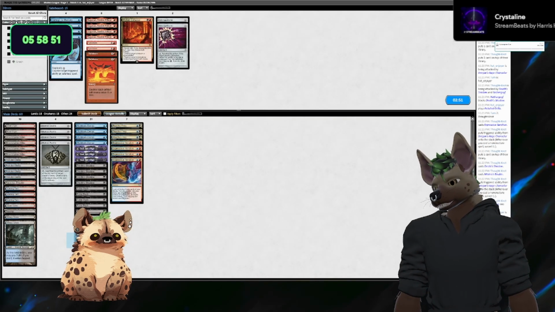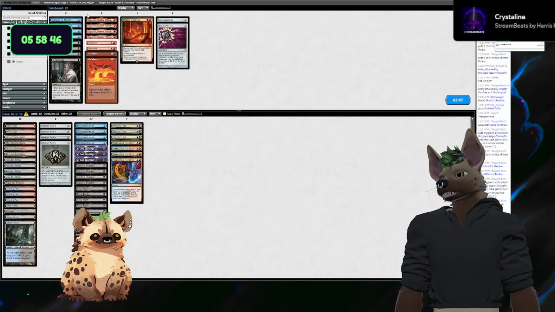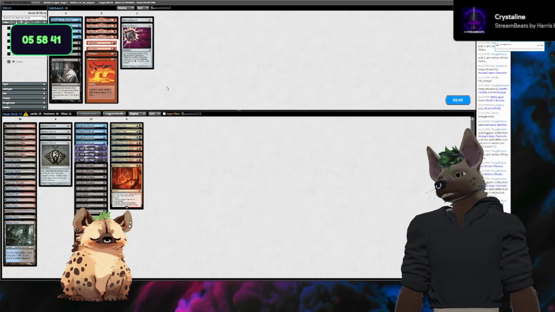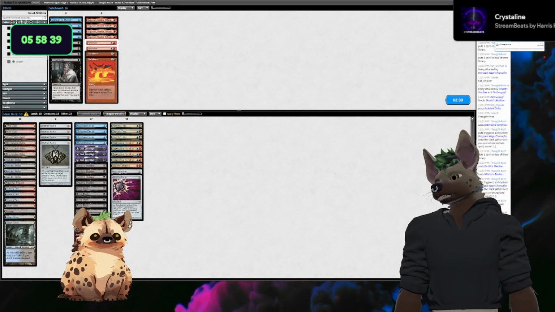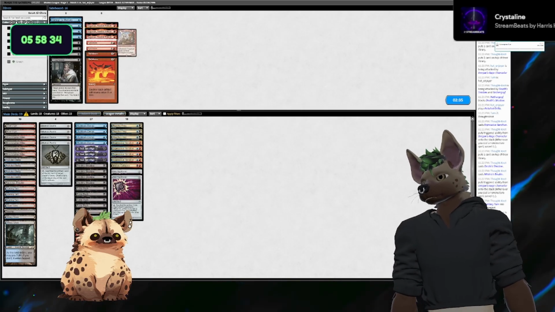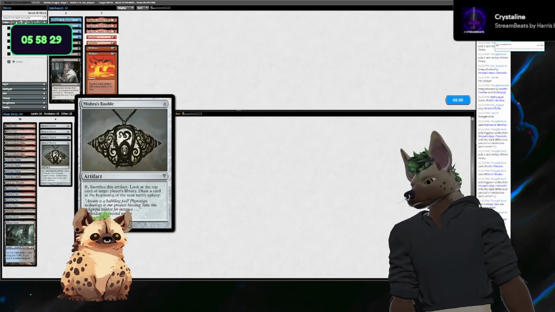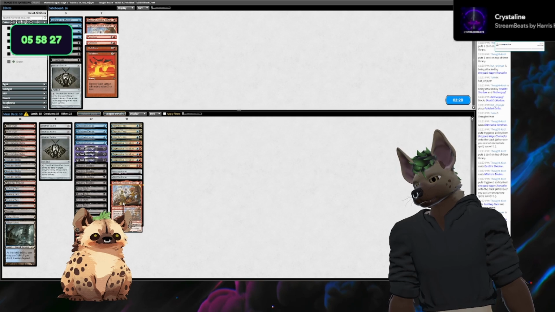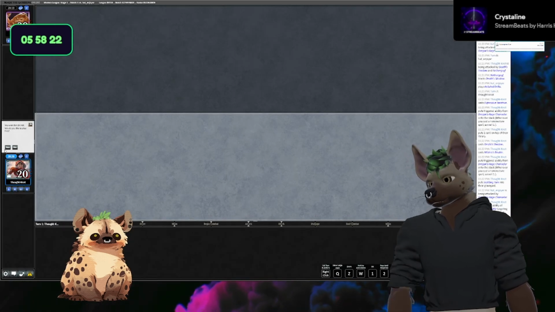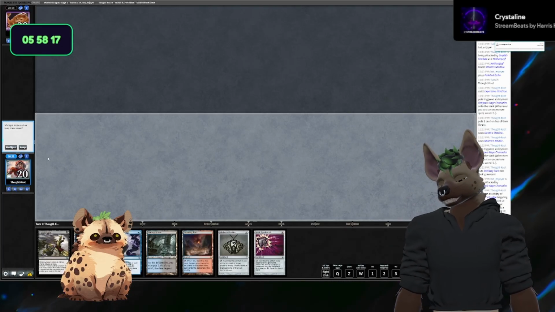Well, I don't like Thoughtseize in these mirrors, so I am going to bring that out. The question is, do we want Monkey? On the draw, I don't think so. I do think Collapse is good. I like Nihil, actually. Maybe we bring in A. All right, we bring in a couple monkeys, because I think they're going to bring in theirs. Yuck. This is a very controlling hand, but...